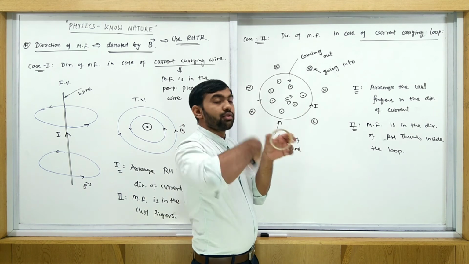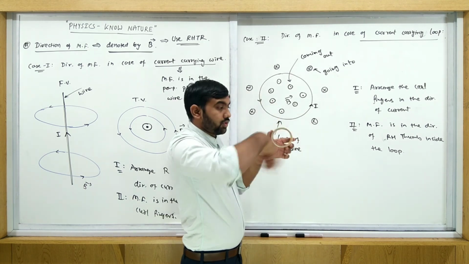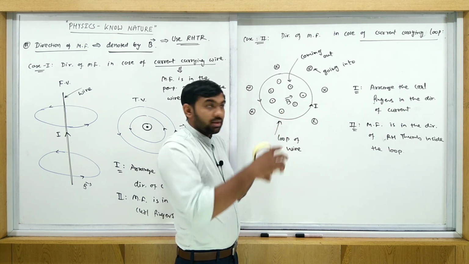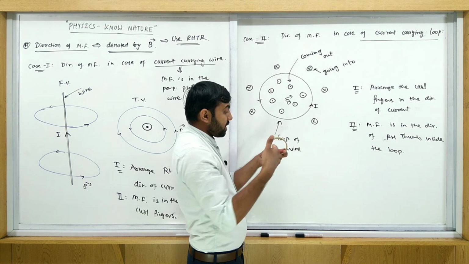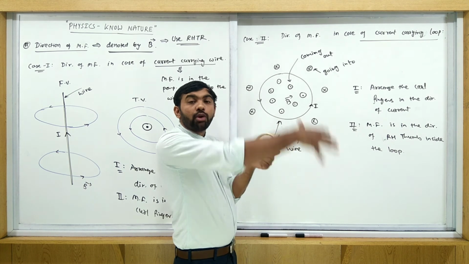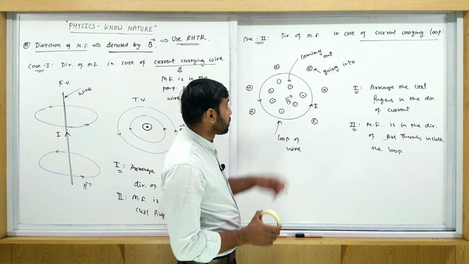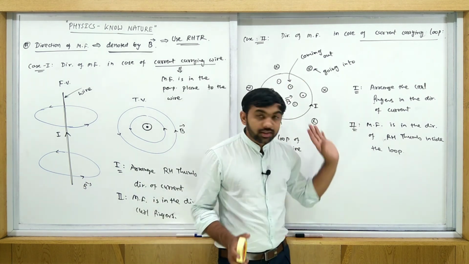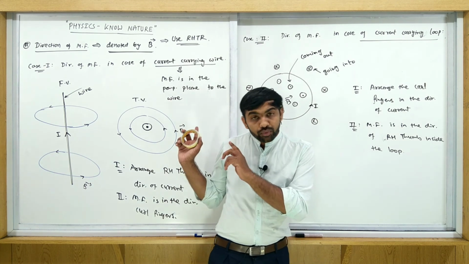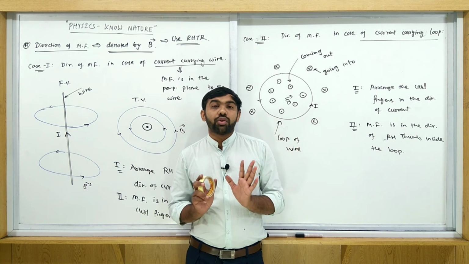If the current were to flow like this, suppose you assume the current flows opposite to this, like this, then curl your fingers like this. So the thumb is inside. Thumb is inside means what? In the inside area, the magnetic field is into the plane, and it is coming out from the plane in the outside area. So both are possible. Okay, so these are the two steps to find the direction of magnetic field, in the case of the first one, a straight wire, and the second one, a current carrying loop.